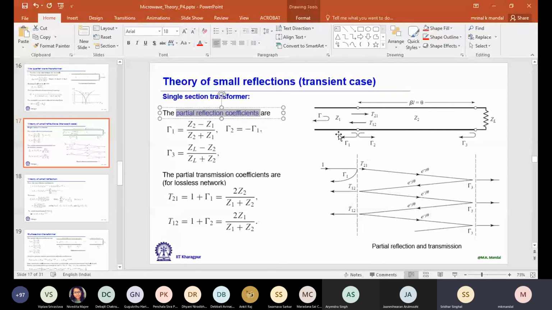Now there is a different situation. I want to calculate how much power is delivered to the load. Then sir, it is a two-port problem, right? Now there is a trick. You have to understand this point. How do we define S parameter? What is the reference impedance? That is the system impedance Z0.